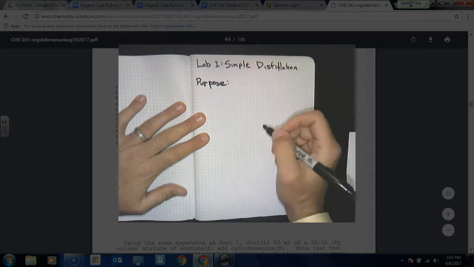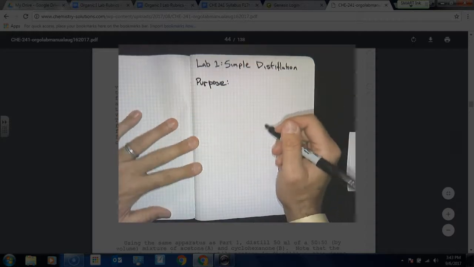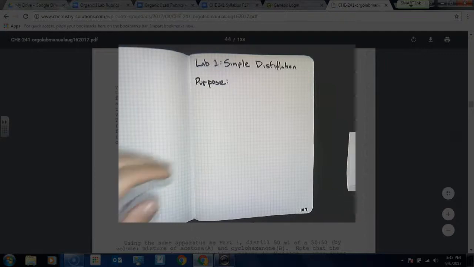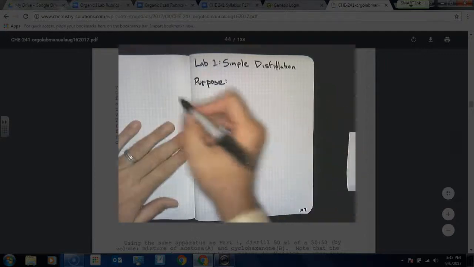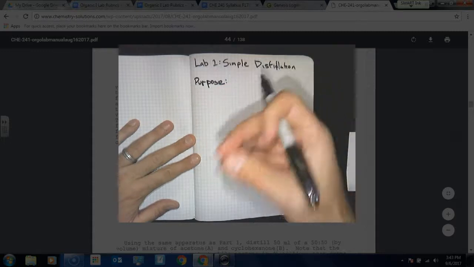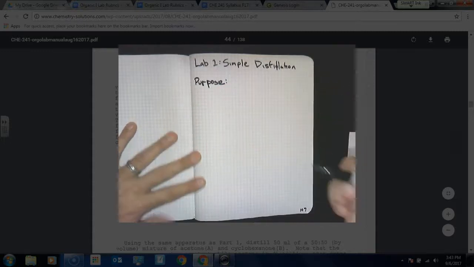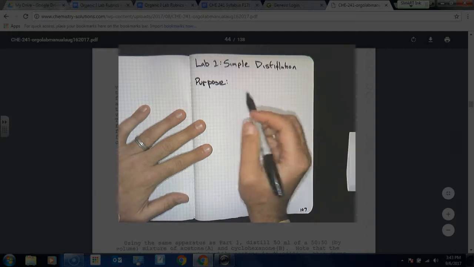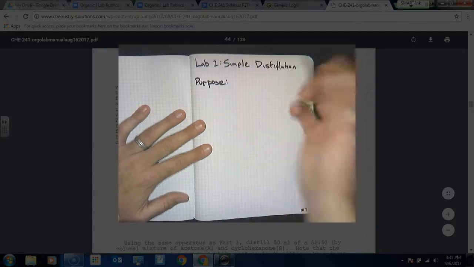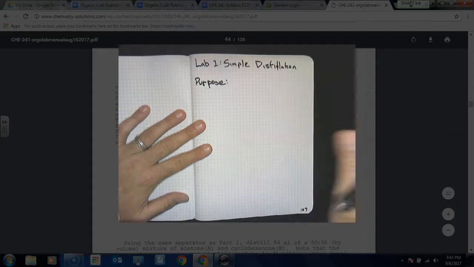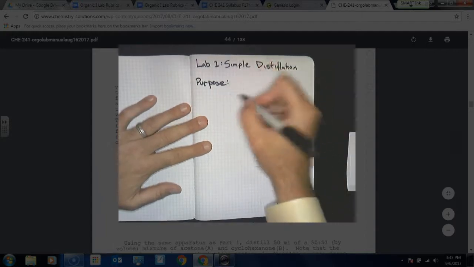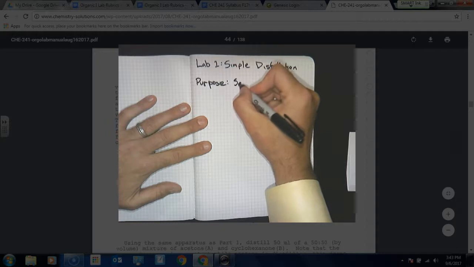Now, a purpose for this lab is really just a guiding statement that's going to guide you when you go to write this up. It is my opinion that the purpose, which is kind of gleaned from the beginning of the lab and the general procedure, will tell you how to write up the lab, and it is probably the most important statement. So the purpose of the simple distillation lab, and I'm giving you this, you don't have to make up anything new unless you feel like you want to, is to separate